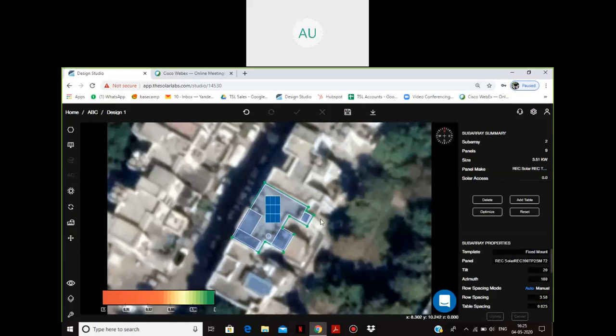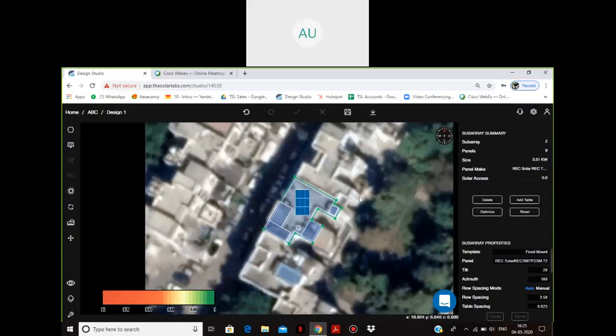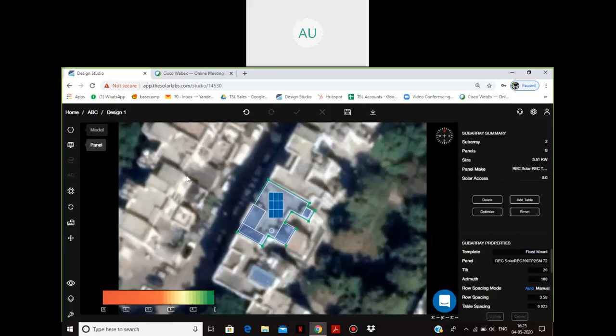Yeah, so now the capacity is 3.51, and if I want to add more panels, I have an option to add them manually as well.